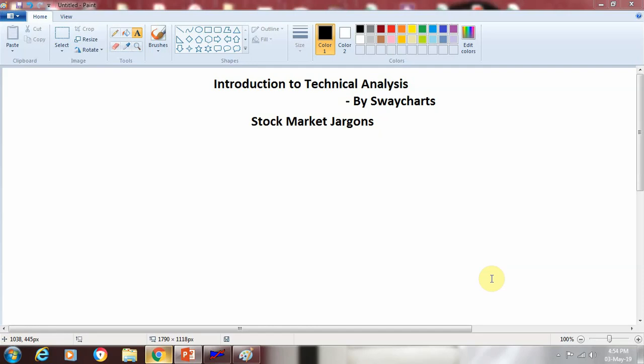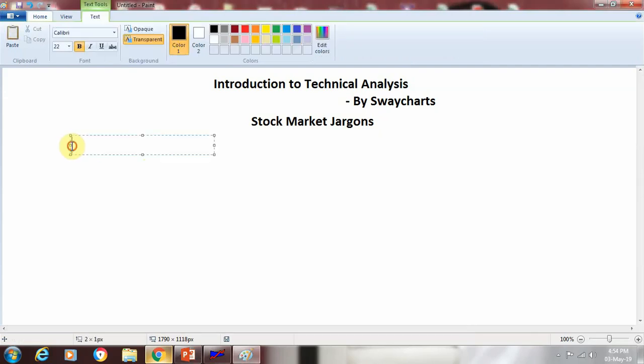So there are few jargons which you may have heard, and I'm just going to clarify on each of them today, right? So the first jargon that I'm going to talk about is the names of these exchanges which have been abbreviated, so we call them NSE. This is nothing but the abbreviation for National Stock Exchange. So this is one of the exchanges, as we talked about the secondary market, right? And the other exchange is BSE, which is nothing but Bombay Stock Exchange,